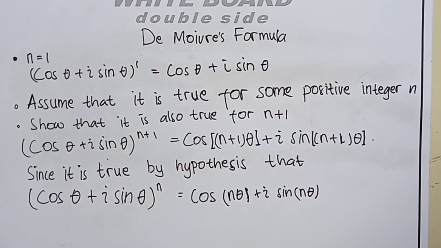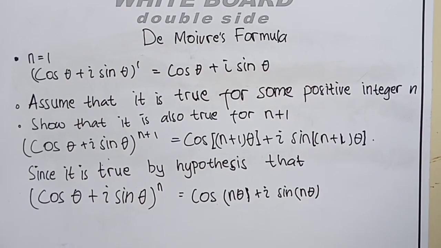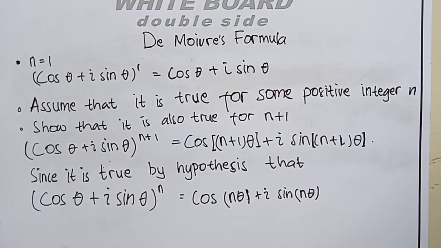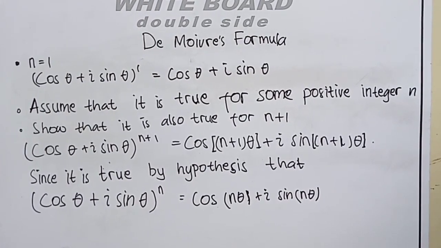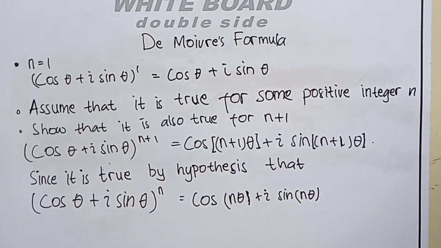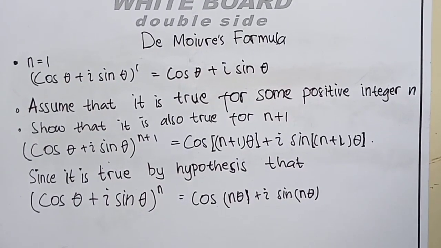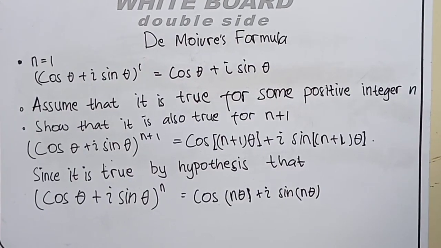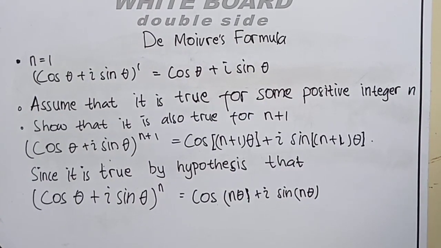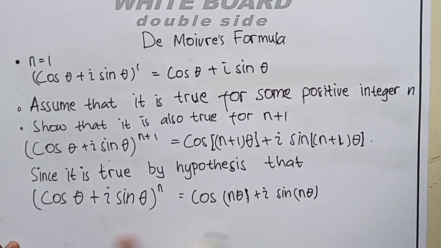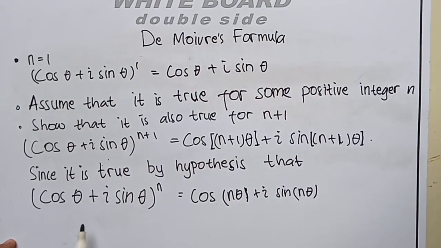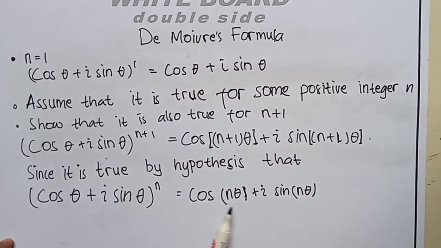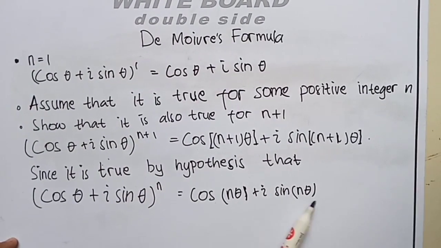So cosine theta plus i sine theta to the power n plus 1 is equal to cosine n plus 1 theta plus i sine n plus 1 theta. Since it's true by the hypothesis that cosine theta plus i sine theta to the power of n is equal to cosine n theta plus i sine n theta,